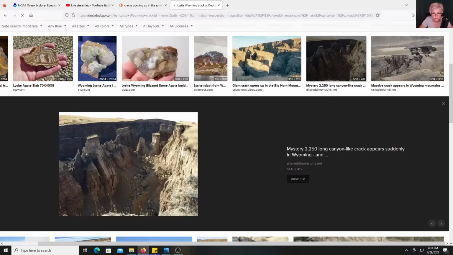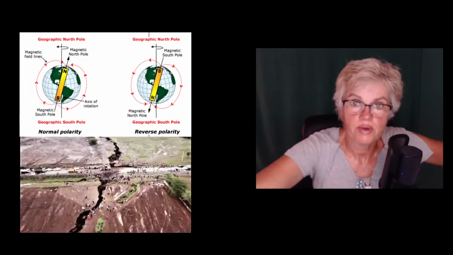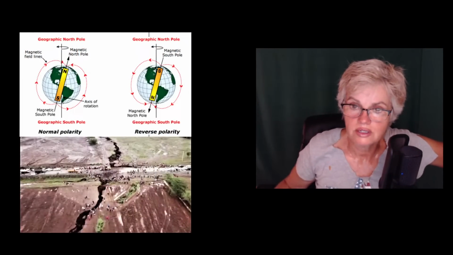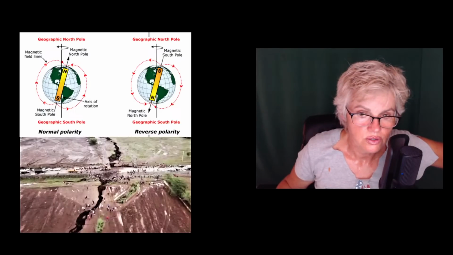Look at that. It's at this site called Altered Dimensions. We're trying to find some information, you all, and the computer is not cooperating with us. The intelligence inside this computer doesn't want us to look at it.